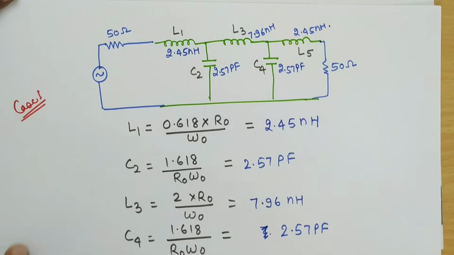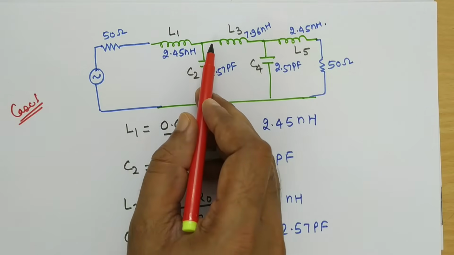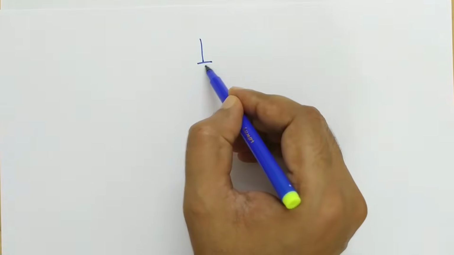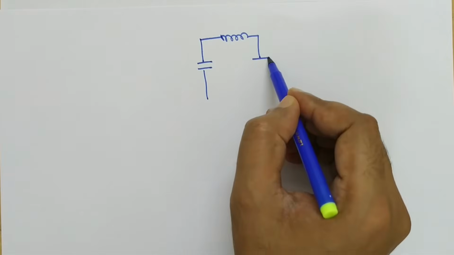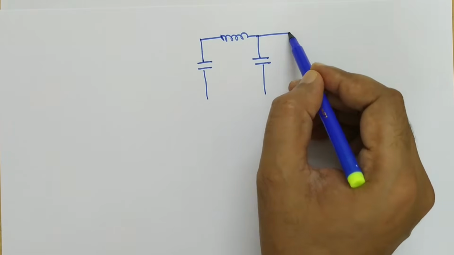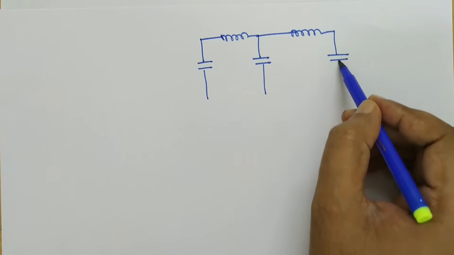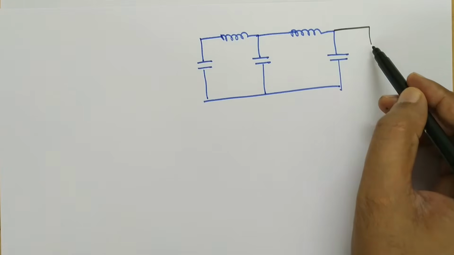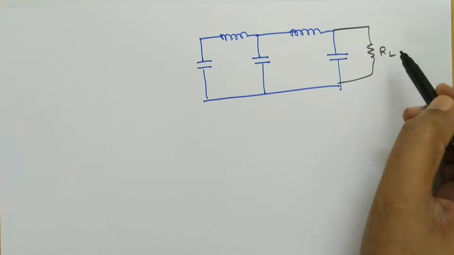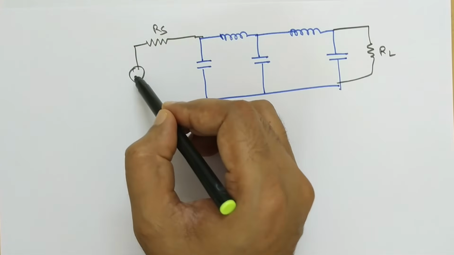One more design is possible if we take the shunt capacitor first and then we take the series inductor. So that we are going to design now. So the first element will be a capacitor, then we will have an inductor in series, then a capacitor in shunt, an inductor in series, and then a capacitor in shunt, and this will complete the inductors and capacitors. And then we have on both sides the load resistance RL and source resistance in series. We have a voltage source here,